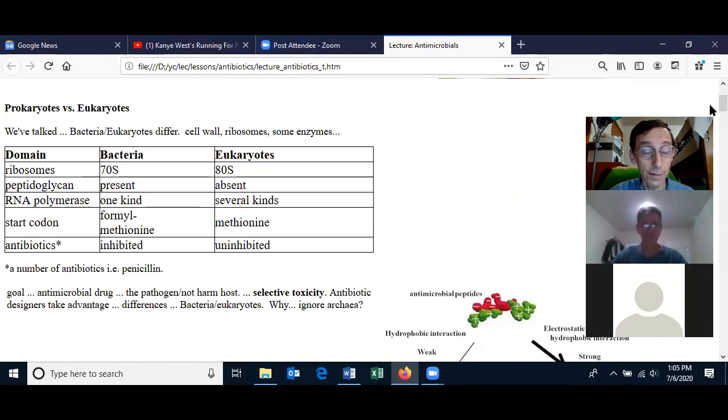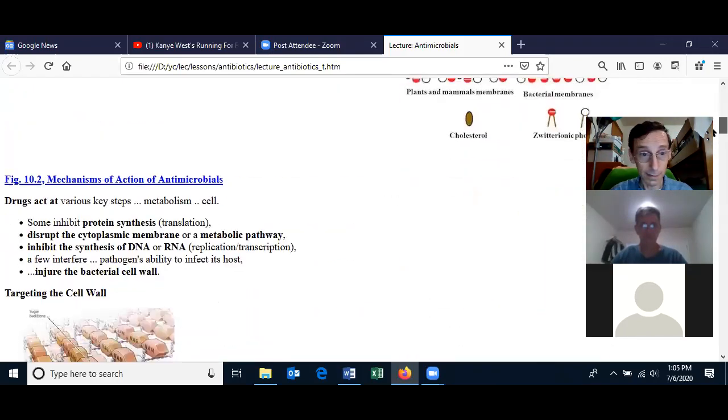how they're using differences in the properties of bacteria compared to the properties of eukaryotes. And we haven't really talked much about that, but we'll talk a little bit more about it. And we did mention that with the penicillin family, it's taking advantage of the fact that bacteria have peptidoglycan and eukaryotes don't. And the penicillin family stops the ability of the peptidoglycan to form the crosslinks in the cell wall, and that puts a hole in the cell wall, and that gives rise to the cells bursting when water comes into the cell.